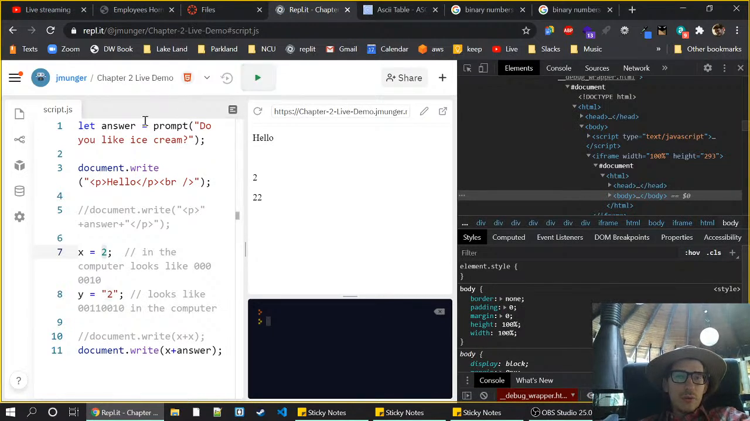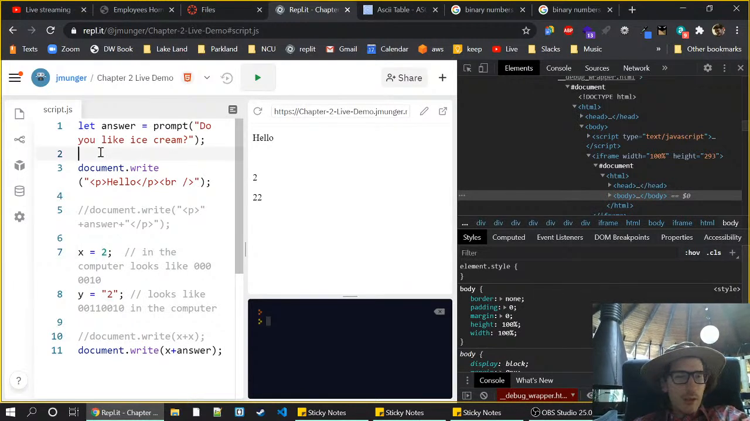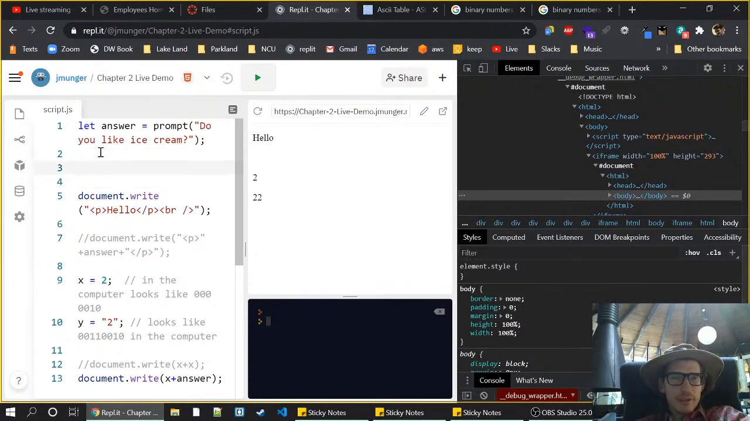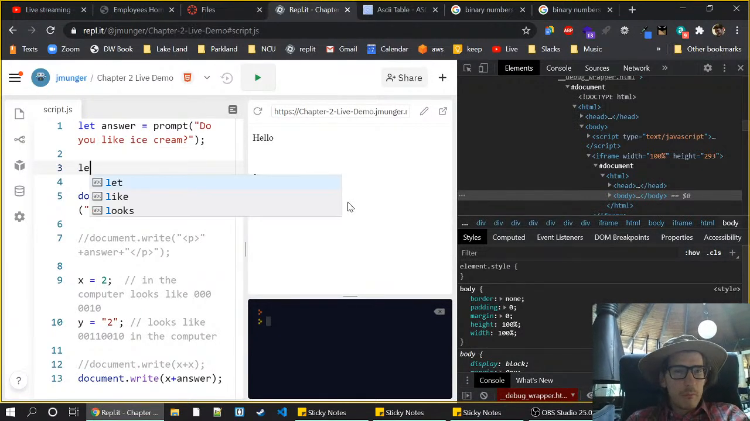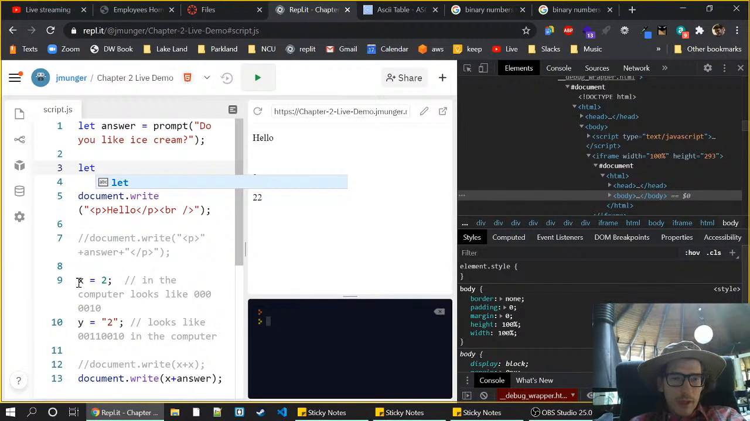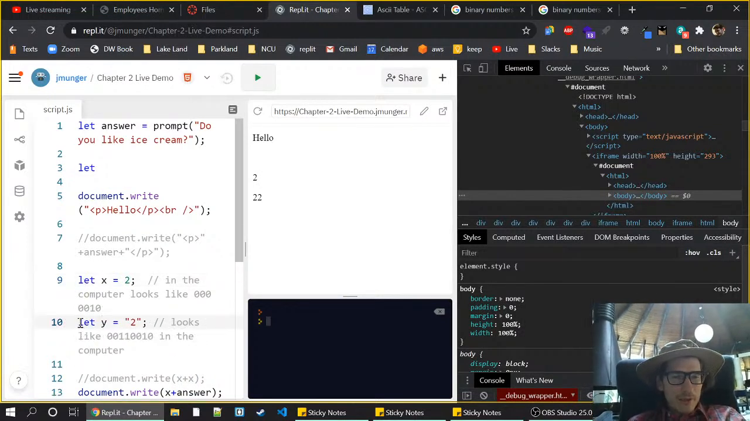We need to convert it from a string to an integer. So what we can do is, I'm going to do this as a separate step. I'm going to create a new variable, and I'm so used to Python that I keep making programming mistakes here, but luckily the browser fixes that for me,